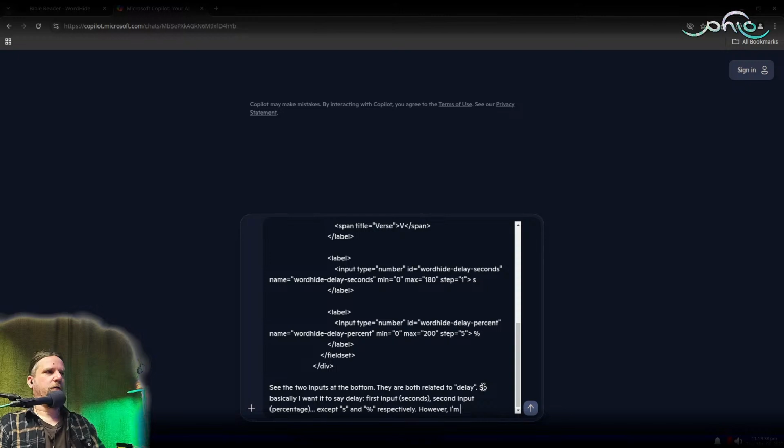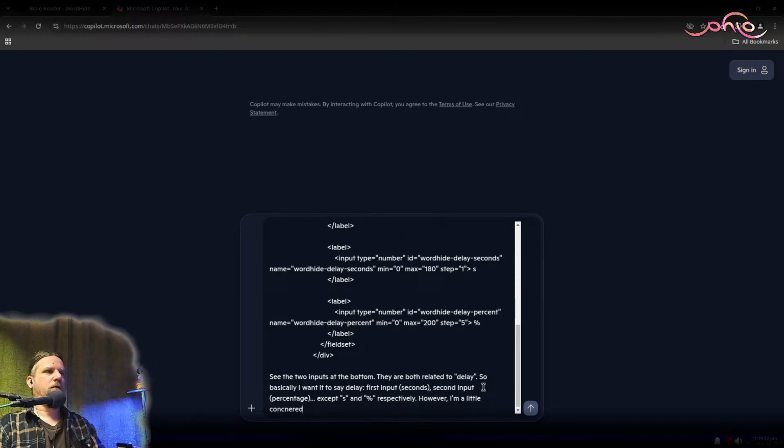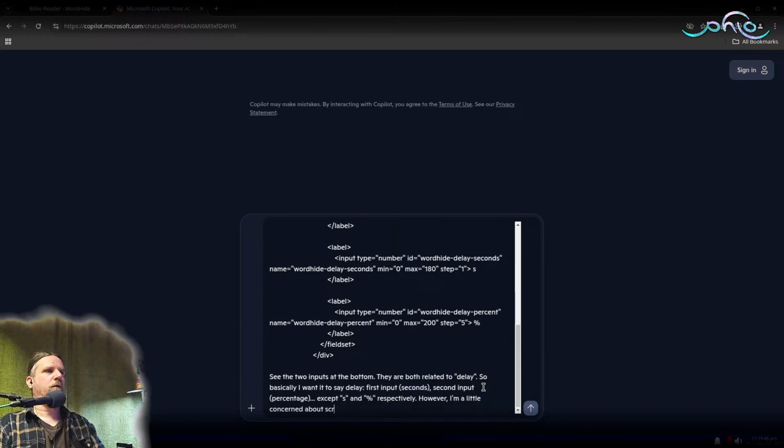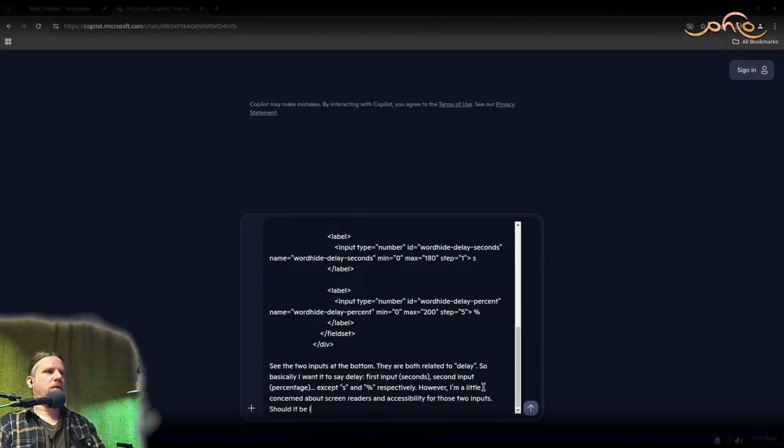However, I'm a little concerned about screen readers and accessibility for those two inputs. Should it be its own field set